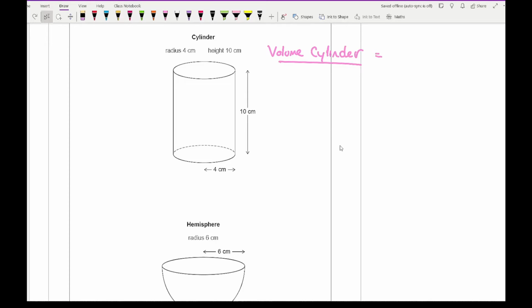So working out the volume of the cylinder, well, the formula for this is pi r squared, which is the area of the circle, times the length or the height. So there's my formula. So then substituting numbers in, I get V equals pi times 4 squared times 10. And that gives me pi times 16 times 10, which gives me an answer of 160 pi. Now I'm going to leave it in that form just in case there's a non-calculator question, I've just shown you there how you can do it in non-calculator without having to work it out. But if it was on a calculator paper, just type 160 pi in and I get an answer of